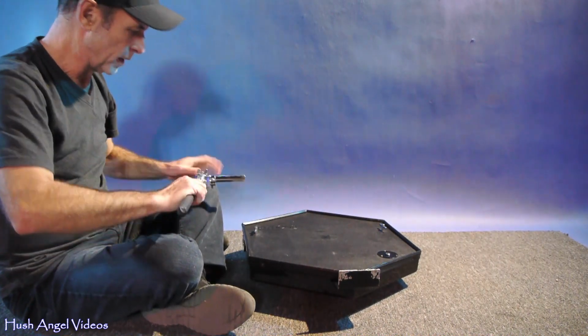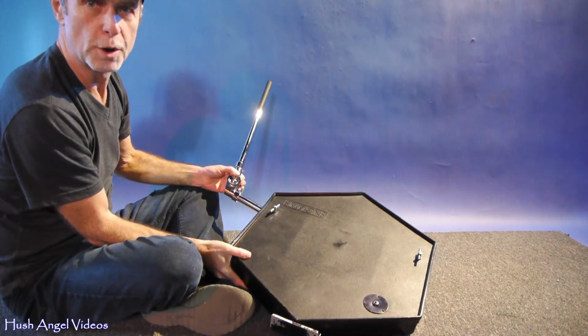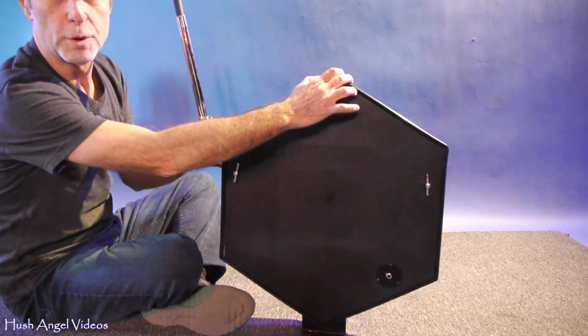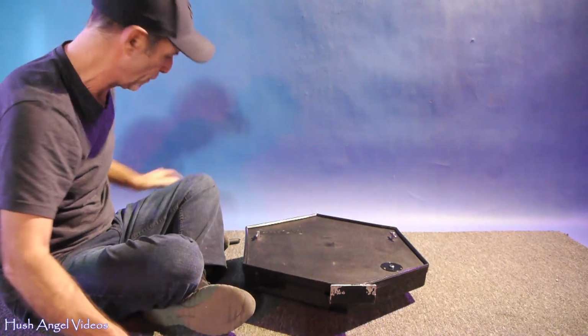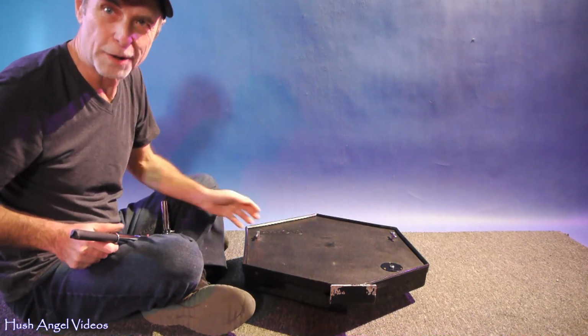So they would work for a drum rack, you know, if you hook them up to a drum rack and have it standing like this. But the thing is, I don't have the drum rack, and the rest of the kit has all the tom arms and the stands and everything. So just to have it standing so I could play with it,